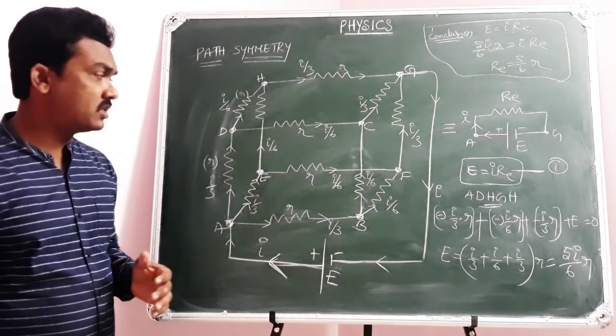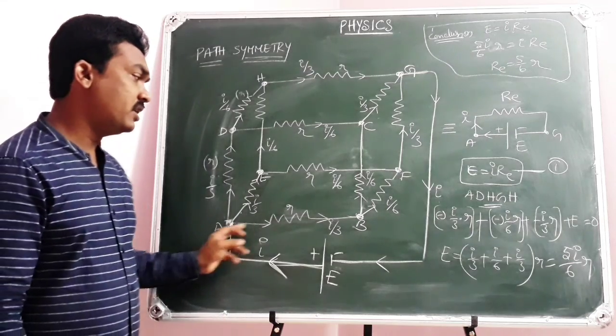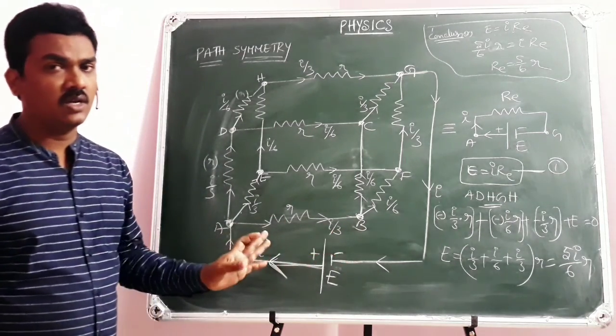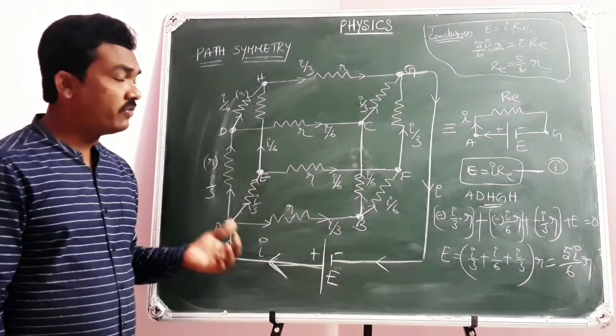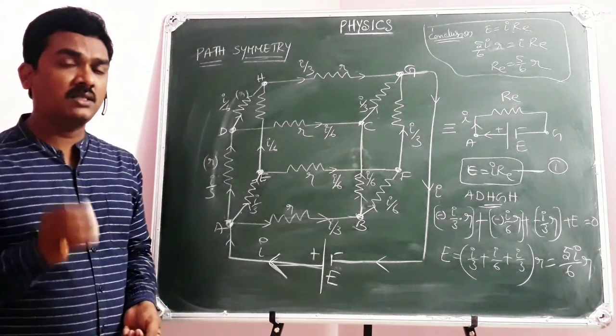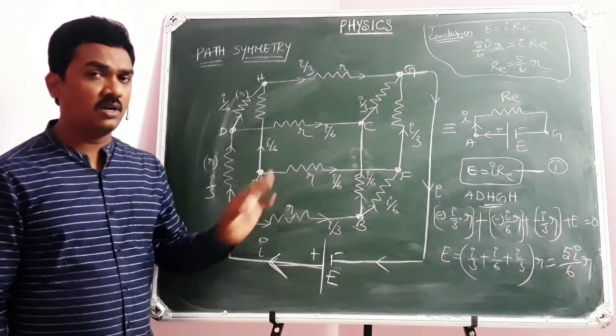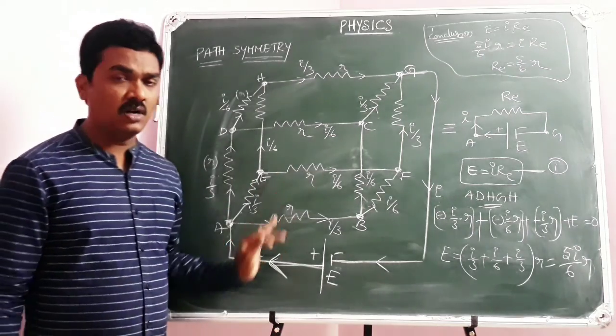In the next class, we will discuss the equivalent resistance across a face diagonal and also between two adjacent vertices of a cube. In addition to that, we are going to discuss more techniques. So what is the technique here? Path symmetry. We can discuss three standard examples: across the body diagonal of a cube, across a face diagonal, across any two adjacent vertices.